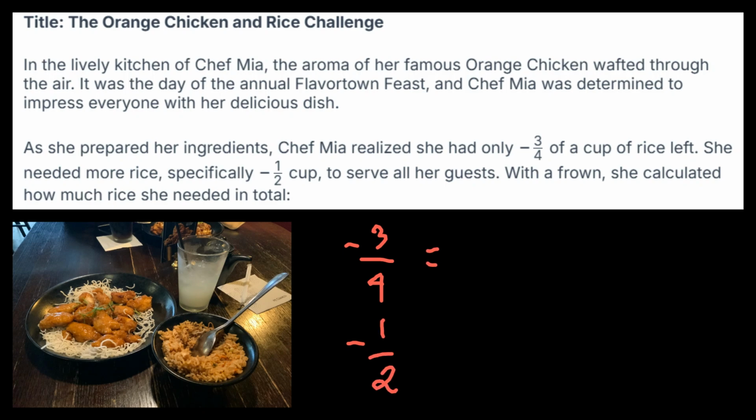So we have negative 3 times, and then 4 times. All right, so for us to make our common denominator the same, we need to be able to change, of course,